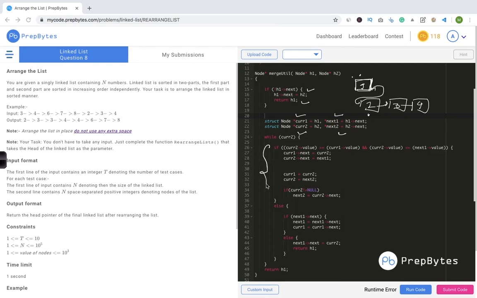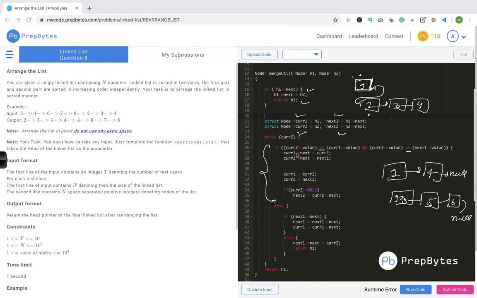This particular part is taking care of the case where, let's say, I have this list 1, 4, null, and we have 3, 5, 6, and null. So this code is taking care of whether 3 lies in between 1 and 4, or if 3 is equal to 1 or 4. Even if there had been 1 here, I would place this 1 here only, or if there had been 4 here, I would place 4 in between 1 and 4 only. You can see here there is an equal to condition, greater than or equal to, less than or equal to. In either case, we will put 3 here.